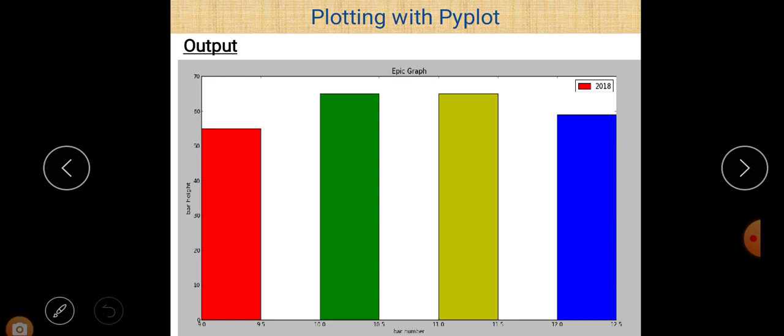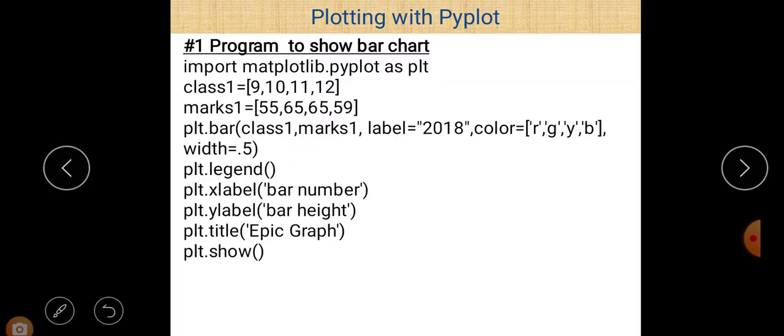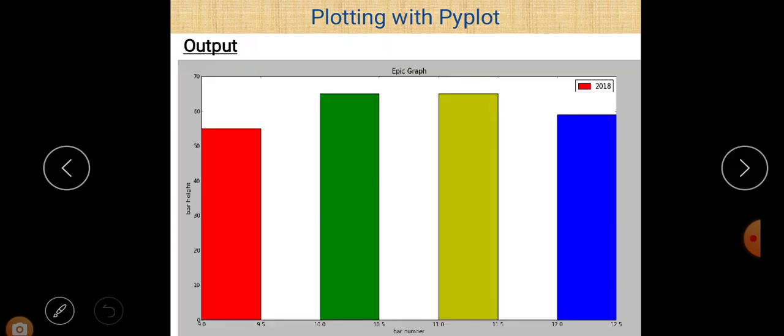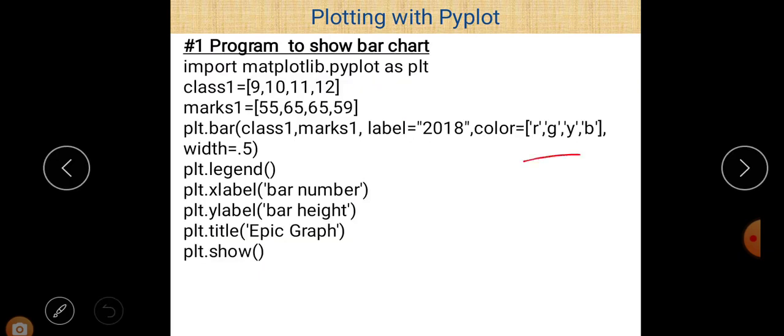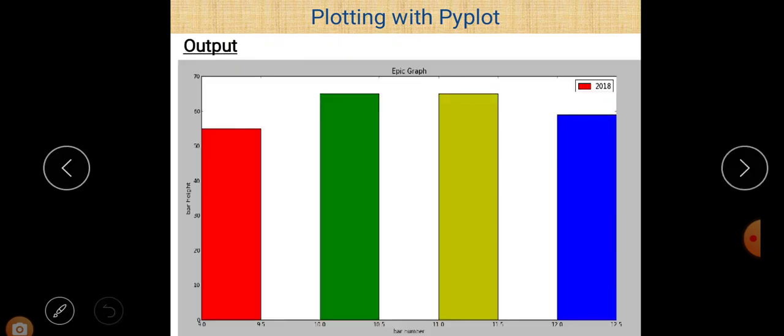and all of them are of different colors because we took different colors here, and all of them are the same width because we took a single width for all of them. So it basically depends on you. Here you can define a different width for different bars also, and you can use a single color to represent the bars. So it depends only on you.